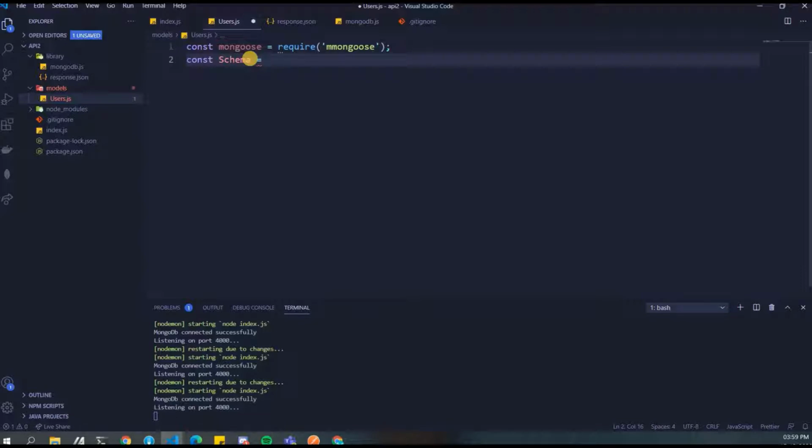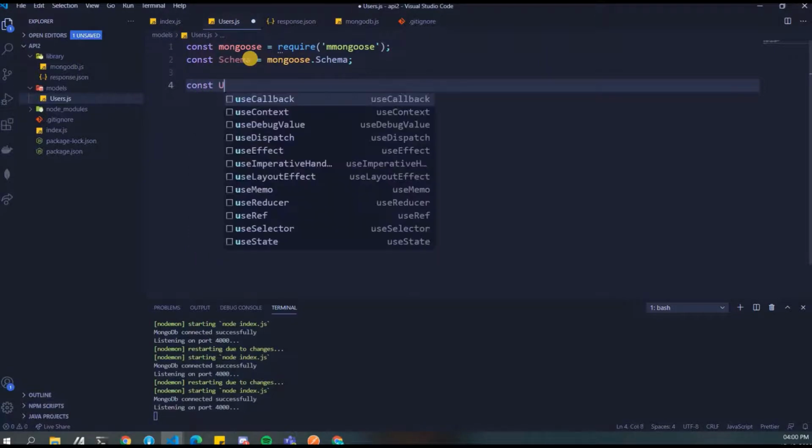This model will allow you to put in data, whichever fields are present in this model, only those data will be posted. And if there is some field missing, that's okay. But if there is some other data that is coming in, then there'll be a problem. So let's go ahead and write mongoose.schema. This basically is used to define the schema.